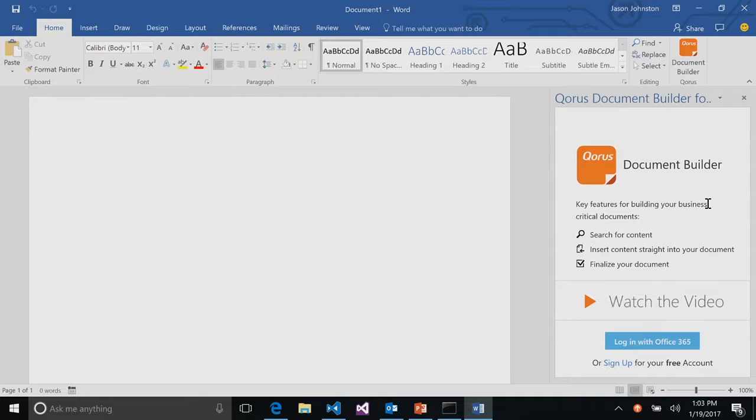So you can see that I've got this sort of welcome page in their add-in, and they're asking me to log in. I can also say watch a video and learn more, figure out what this add-in is going to do, or sign up. But I'm going to go ahead and do log in.